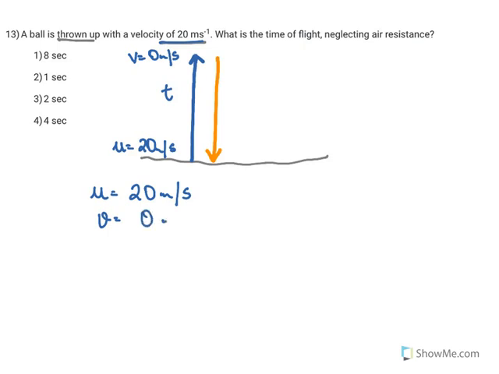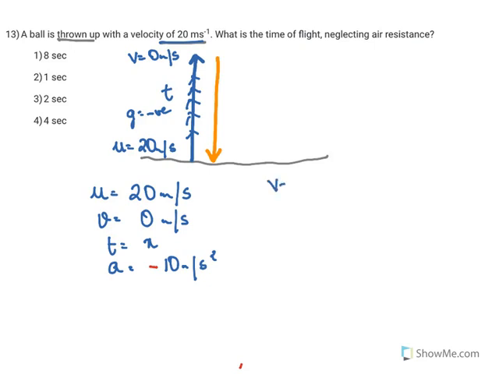So the final velocity is 0 meter per second. The time, we don't know. And here the acceleration is that of gravity, which is given as 10 meter per second square. And I'm putting negative. Now why am I putting negative? Because this object is retarding. The velocity keeps on decreasing slowly. So when an object is thrown upwards, it is retarding. So the g has to be taken as